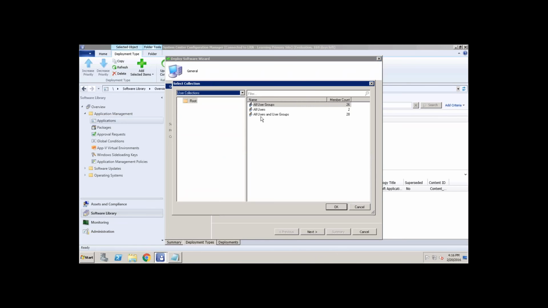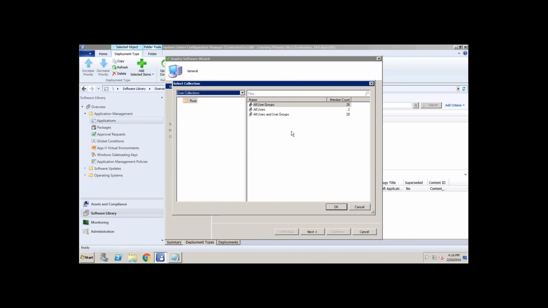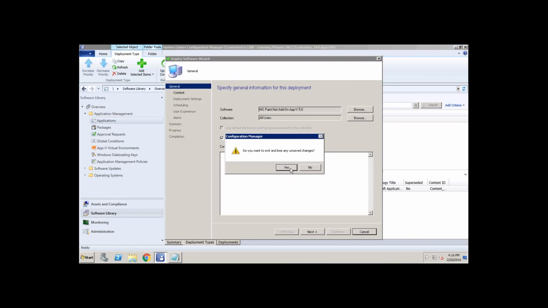As of now, let's say all users. You have user and user collection, we have device collection also. Let's say all systems. Or else you can even create a collection here.